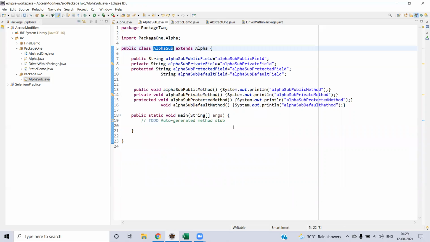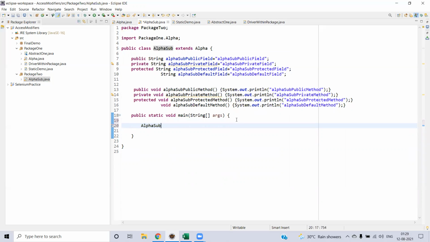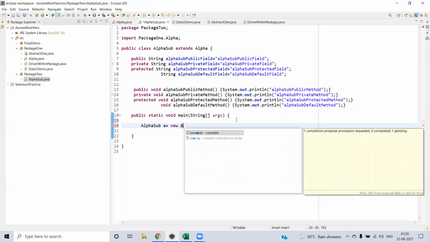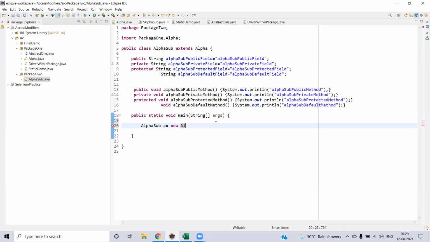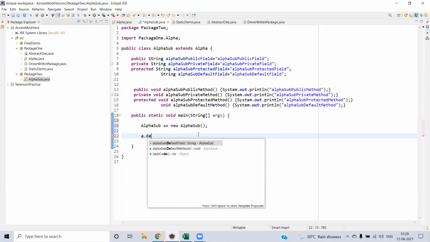Just create a simple object, let it be a, even though it is not the naming convention. Alpha sub a dot default method.